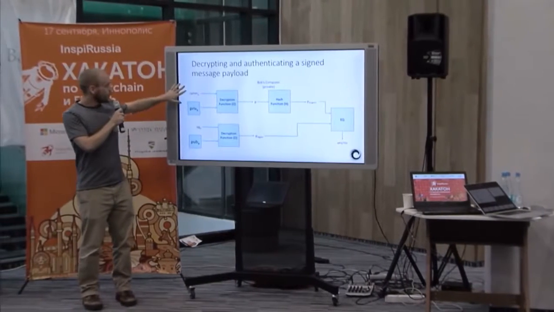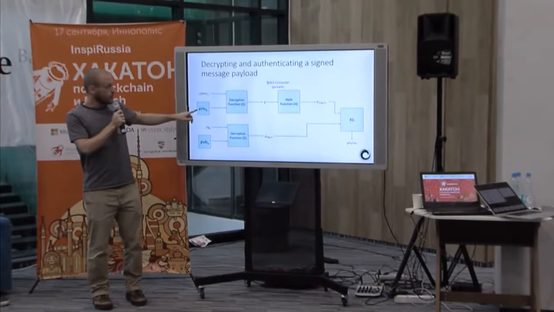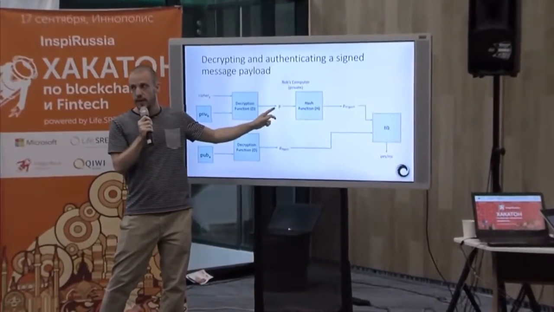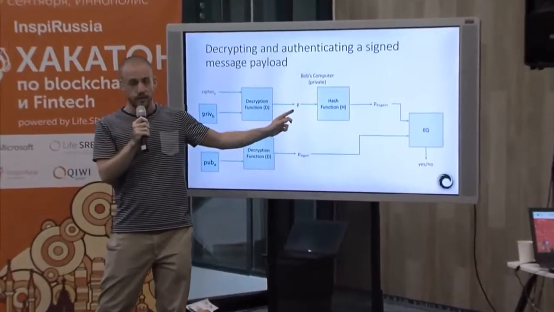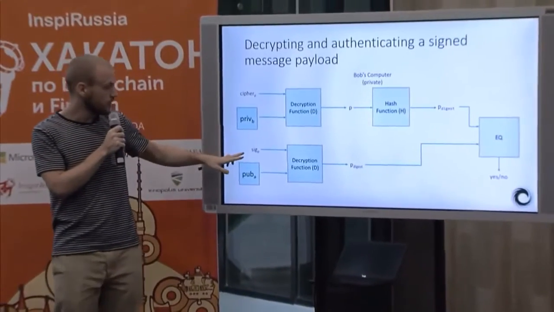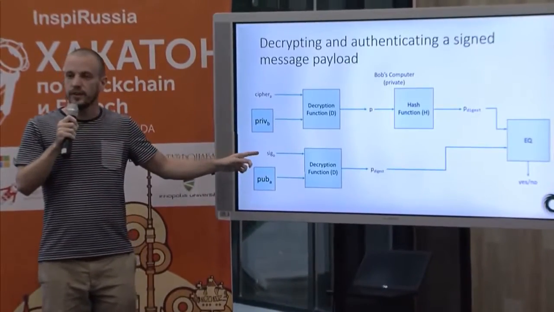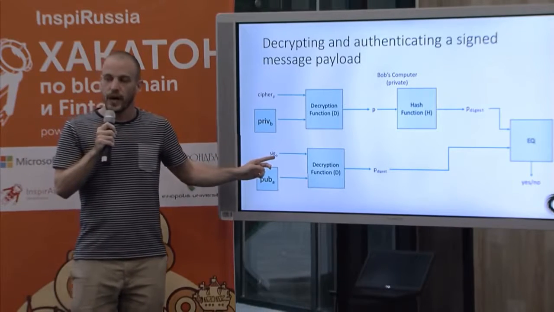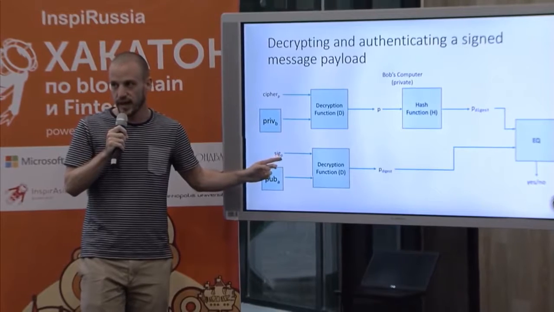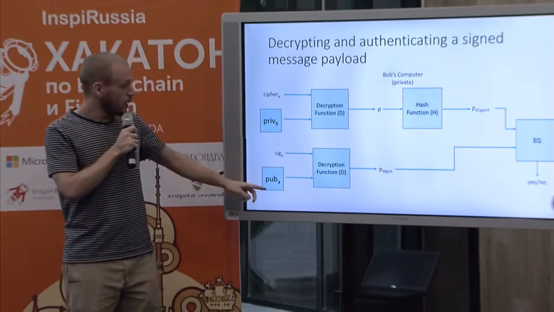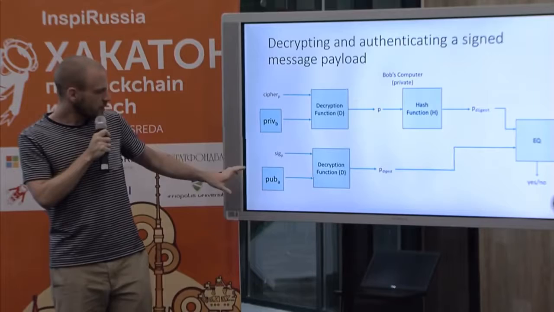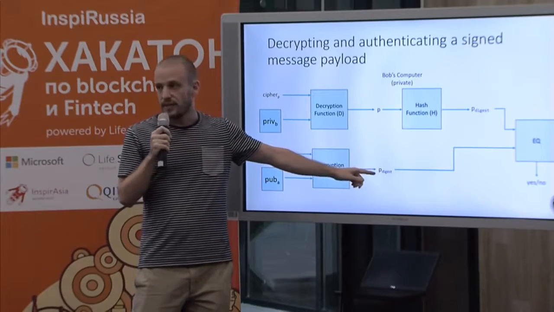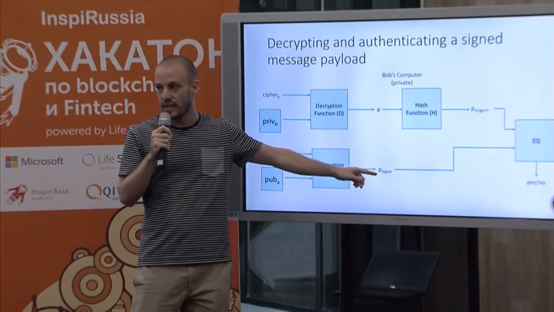So he receives the ciphertext, and he uses his private key to decrypt that, just like he did before. We've seen this already, so he gets the plain text out. Now he wants to prove that this plain text hasn't been manipulated. So he takes the signature. Now remember, the signature was encrypted using Alice's private key. Okay? Bob doesn't have Alice's private key. Only Alice has Alice's private key. But Bob does have Alice's public key. So he can use Alice's public key to decrypt the signature and get the digest, the hash of P out,